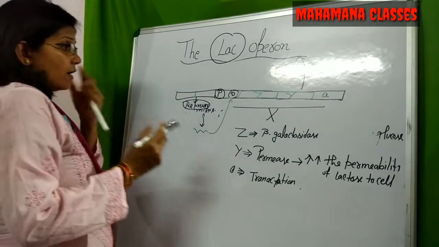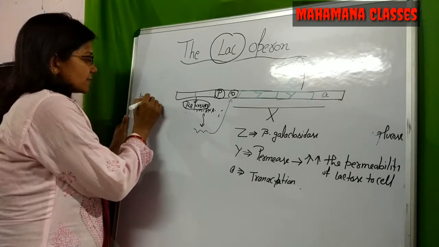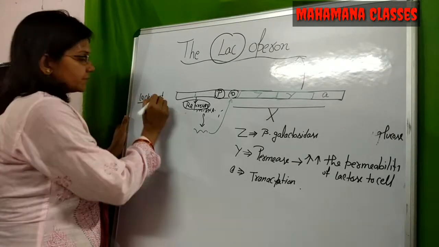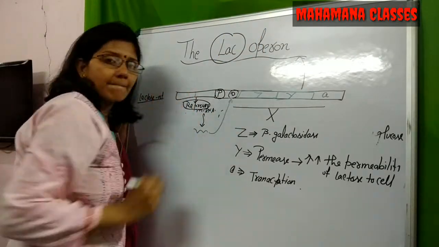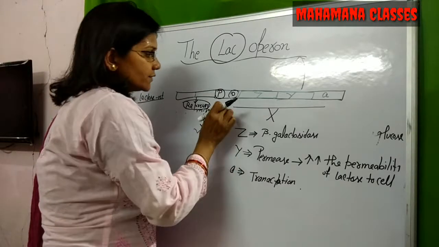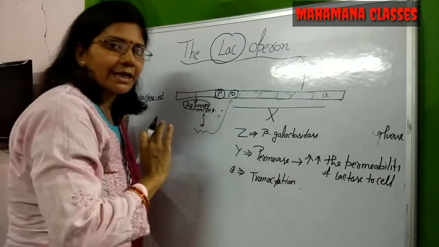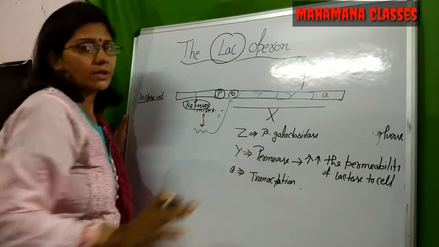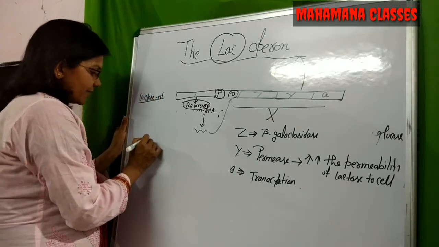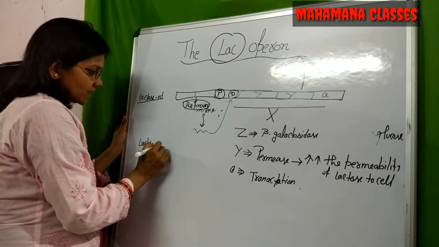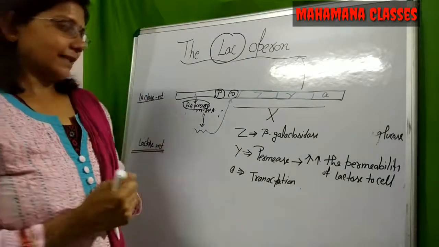Now, there was a first case when lactose was absent in the cells. This I will form repressor messenger RNA. This messenger RNA will bind to the operator region, and because of this repressor, the ZYA will not express itself, and there will be no formation of beta galactosidase and other proteins. But what will happen if lactose is present? Okay. If lactose is present, then